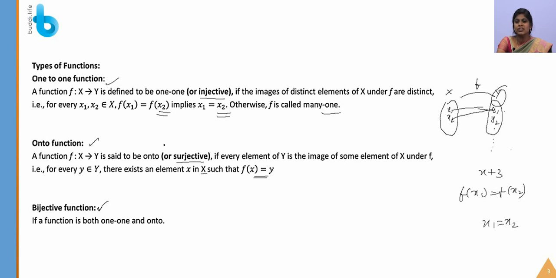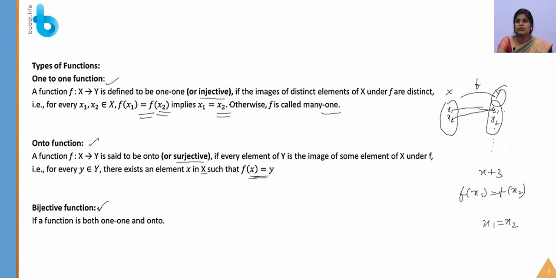If a function is given and you are asked to check whether it is one-to-one and onto, you should go by this definition method. Or if you are not able to remember the definition, you can always give some example and show it is one-to-one and onto. From the given definition, you can substitute various values. If the function is defined on natural numbers, you can substitute some natural numbers, and if the function is defined on real numbers, you can substitute some real numbers and show it is a one-to-one function, onto function. You can proceed with the sum.